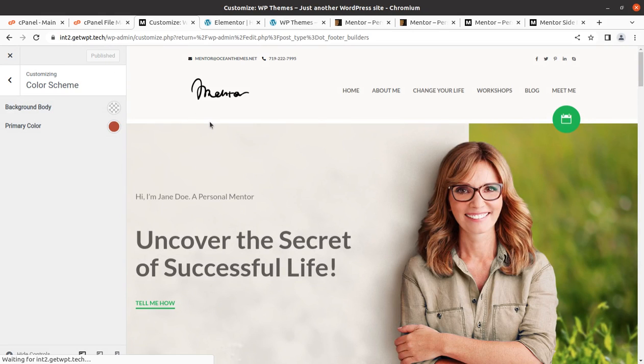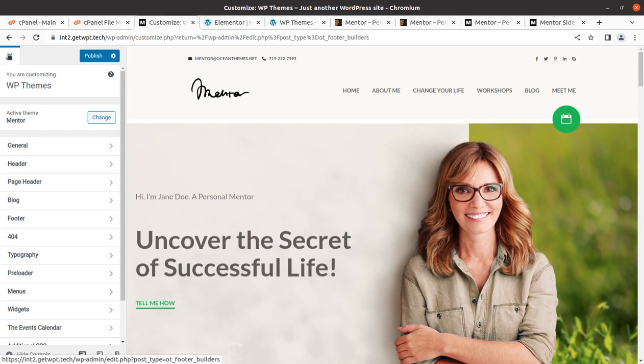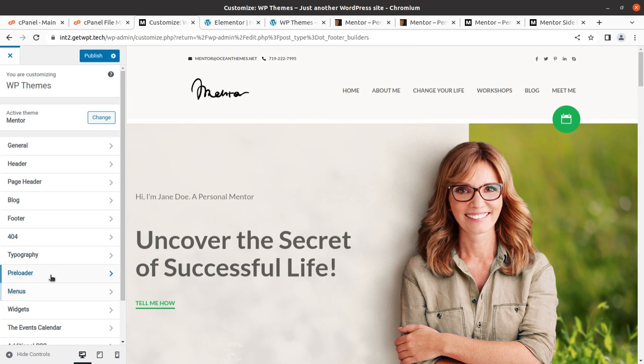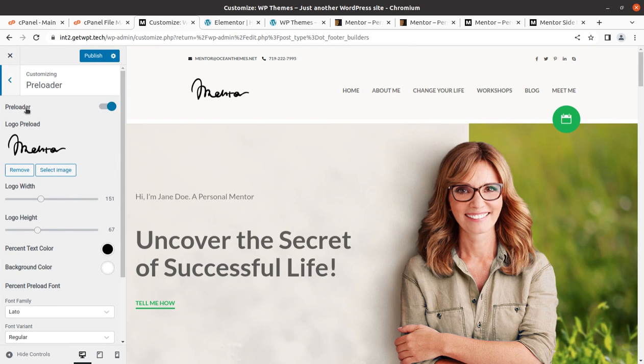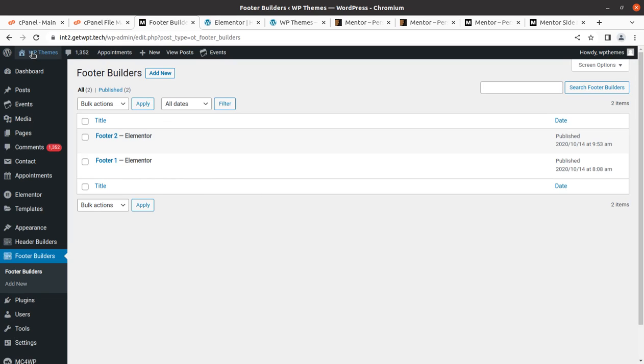So just publish. So great. Okay, so we have changed the primary color in fact. And rest of things like preloader and also things, so cancel this, can be handled from here, and logo preload and all these things. So these are the basic controls that we have in this section,